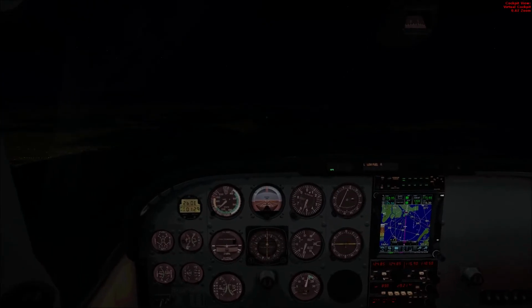Okay, I think the U.S. border is right here, which might explain why that area is so built up. Alright, so we are, how should we say, sterile cockpit at this point. Yes. Alright, so landing lights on. Let's go mixtures to full. Well, almost to full. Let's go full on the props, and